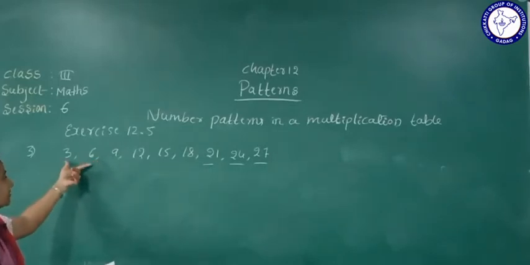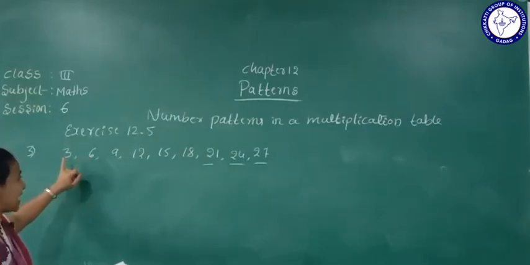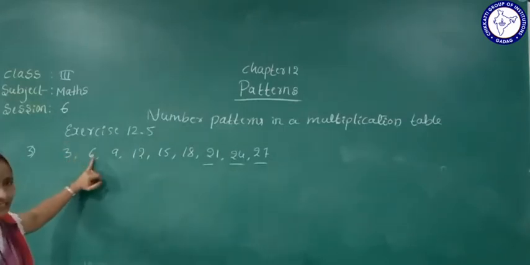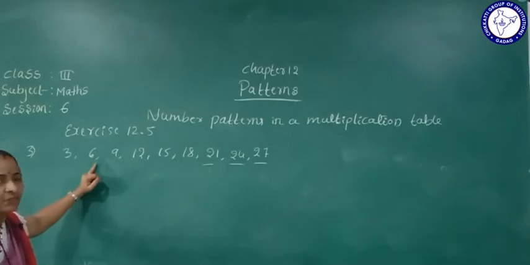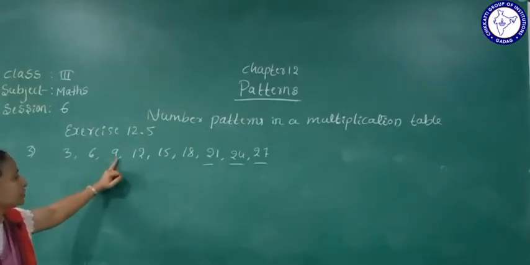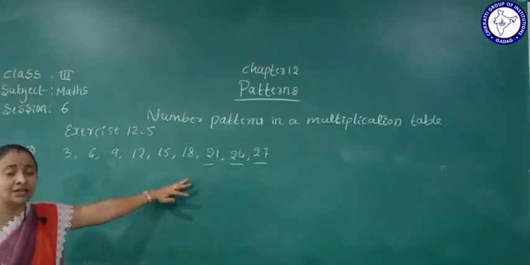How much is the difference from 3 to 6? 3, no? So to this previous number we add 3, we can get the next number, that is 6. Then to this previous number 6, we add 3, 6 plus 3 is equal to 9, we can get the next number. Yes, so this is the table of 3. We can be studying now the multiplication form.